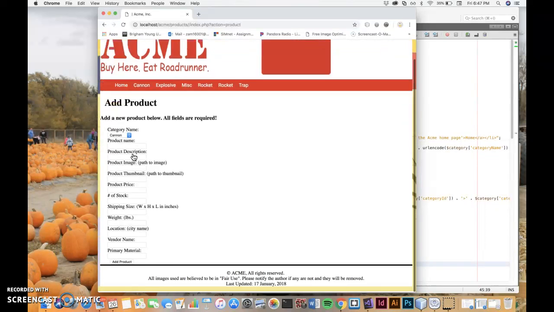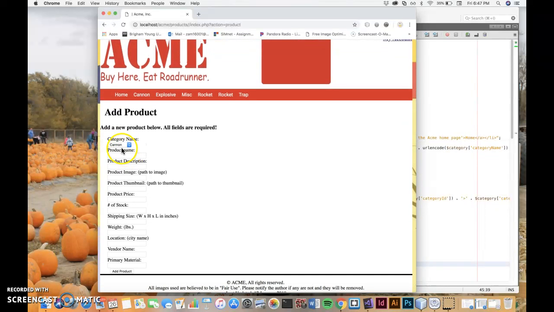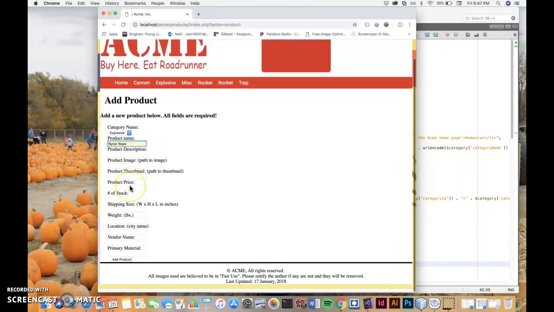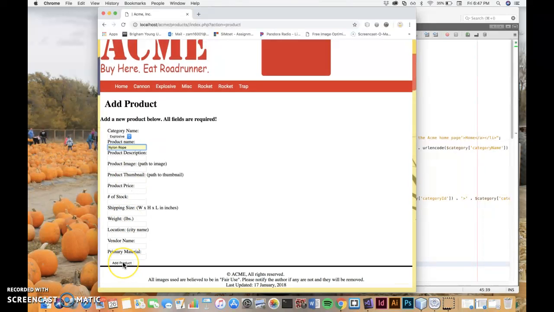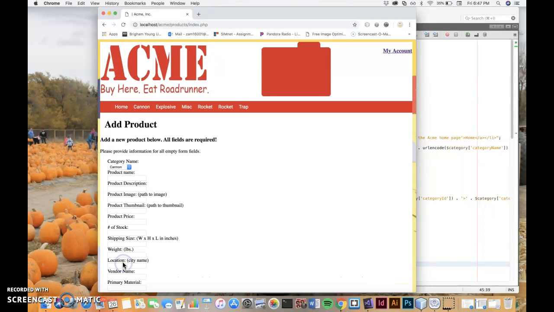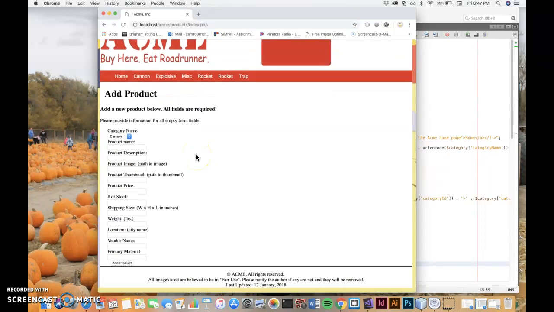So we're here on the products, add new product page, and let's say you fill in some information and you accidentally press add product. And so the message will say, "Please provide information for all empty forms." So that's the missing data message that shows up. So let's say we put all the information in,